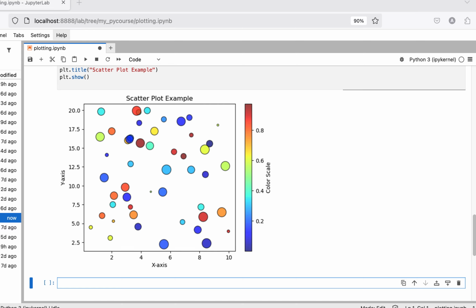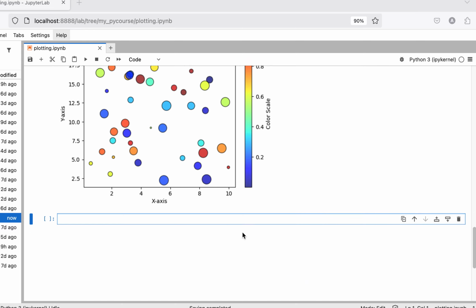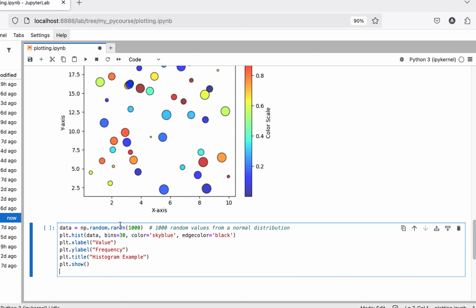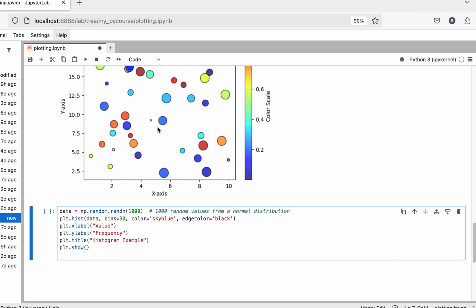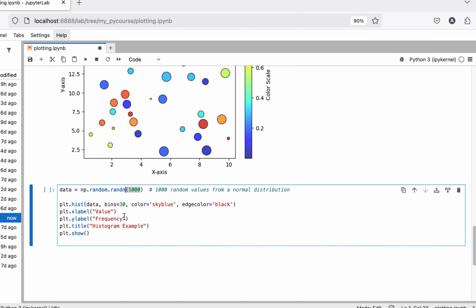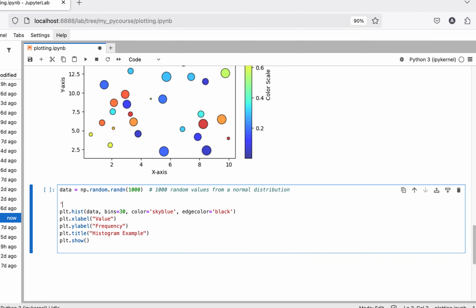I also have the code here, and so I'll just paste it so I don't waste too much of your time. Again, to have these sizes the same, you just have to change the size to be a uniform number, and that will give a single size of markers. And again, let's generate data here for the histogram. We just generate our 1D data of 1000 points randomly distributed. We'll just do our figure. Let's do our plt.figure,